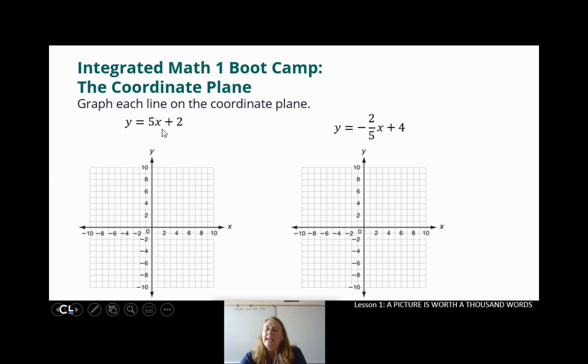So I'm going to start with this guy. y equals mx plus b. So it looks like my y-intercept is 2. So there's my y-intercept, and that's a 2. So I can find 2 on my graph. There it is. Now, the slope is where I'm having a little bit of trouble here because we said slope